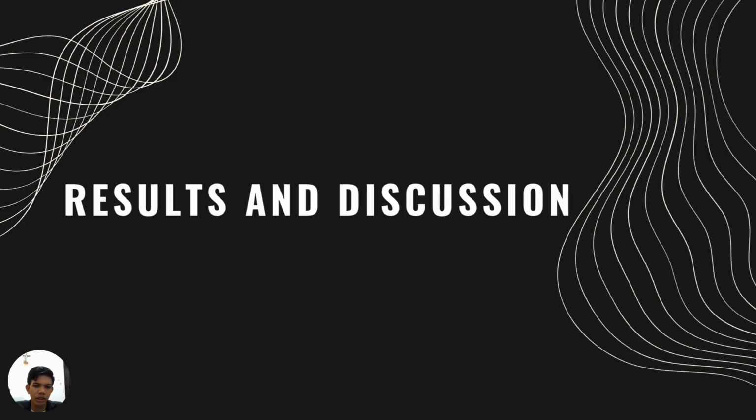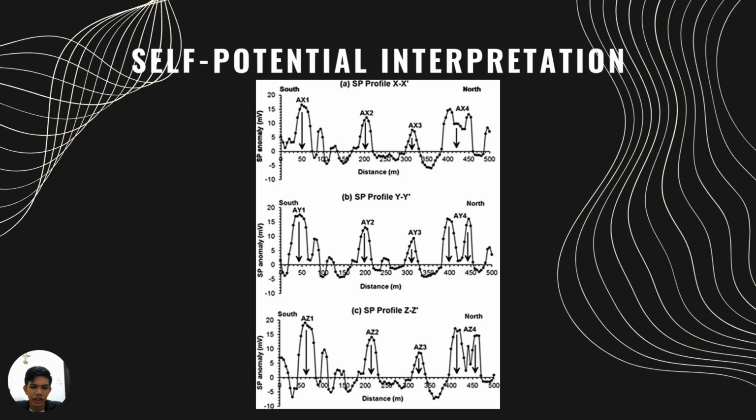For the result and the discussion, first we have the self-potential interpretation. The interpretation of the SP data is mainly qualitative. The movement of groundwater in the formation affects the magnitude and the sign, positive or negative, of the self-potential anomaly. The SP values have been plotted against the distance of the measuring electrode with reference to the base electrode. The observed positive SP anomaly is interpreted keeping in view that it is caused by a streaming potential which is developed due to the flow of groundwater in the fractured formation. The results of the SP surveys have been presented in this figure.